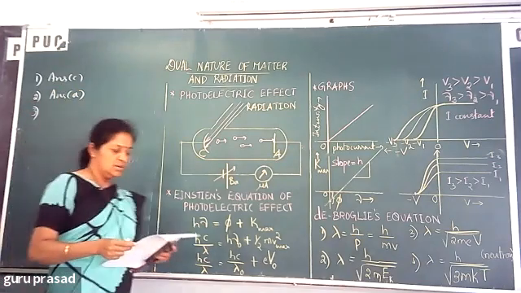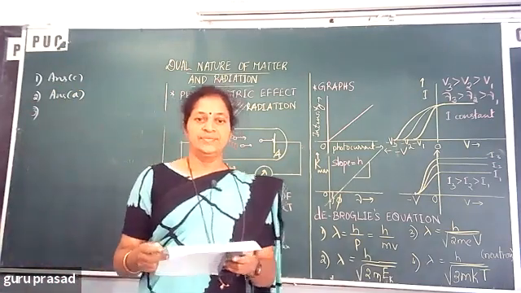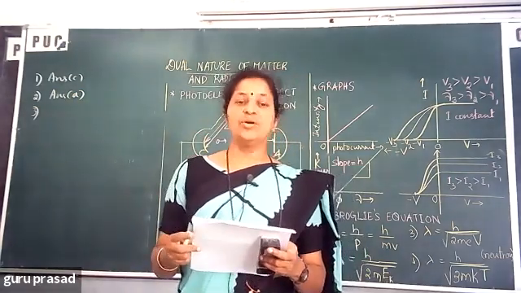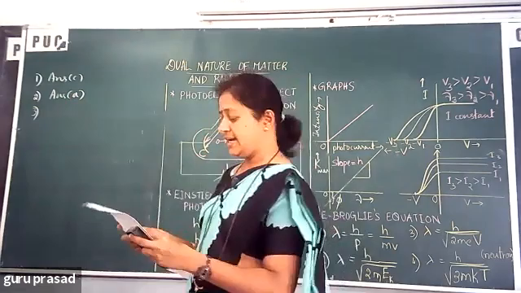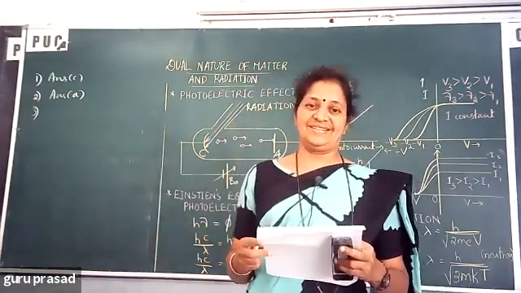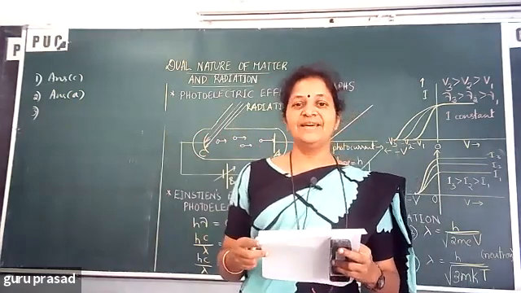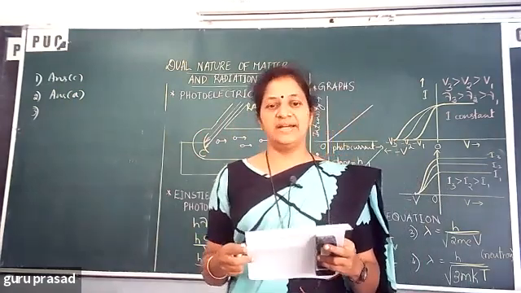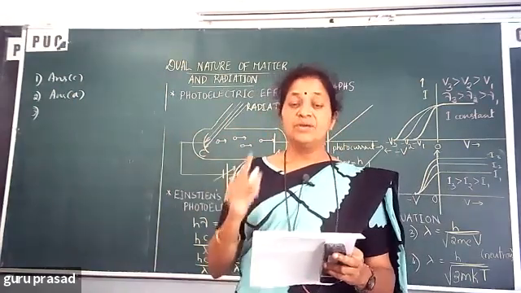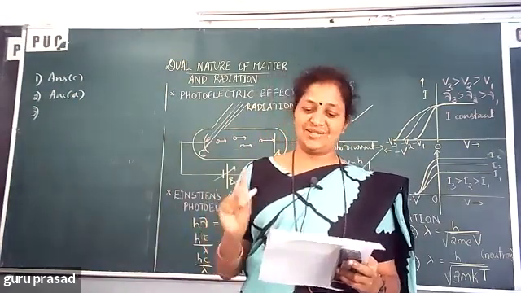No change in potential. Okay. Next, third one. Blue light can cause photoelectric emission from the metal, but yellow light cannot. So different wavelengths they are talking about, visible radiations. With blue light, photoemission is possible. With yellow light, photoemission is not possible.